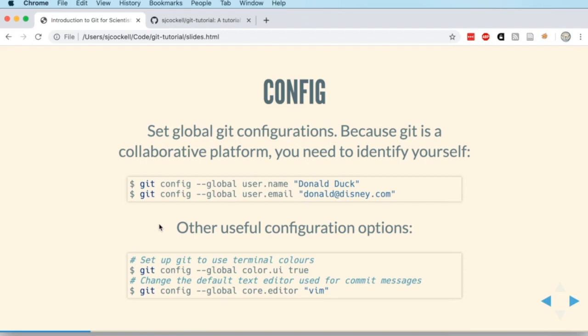You can also do other things with the configuration. So one important one is the core editor. The bottom option here, setting your core editor to a text editor which you use and understand is very important. So here, in this particular line, I'm setting my core editor to be Vim, which is a text editor which I've talked about on Lockdown Learning, but not really introduced in any detail because it's quite complicated to use. So for instance, if your experience of text editors is via Lockdown Learning,